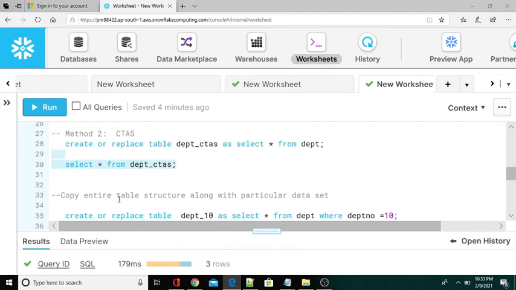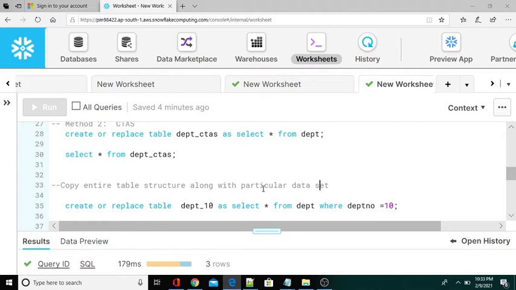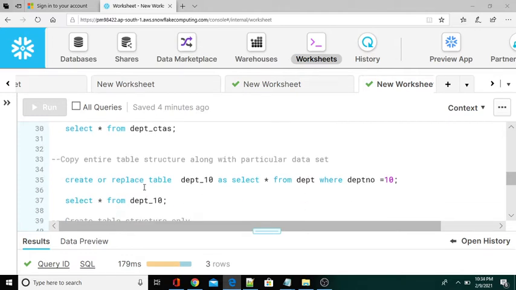Now another option: copy the entire table structure along with a particular data set. This time I am not going to copy the entire data. To do that, you can create or replace table DEPT_10 as select star from DEPT where DEPT number equal to 10. This is also the CTAS method, but along with the CTAS, after the table we are using a predicate, that means a filter condition, where DEPT number is equal to 10.